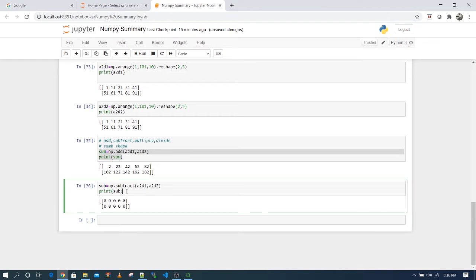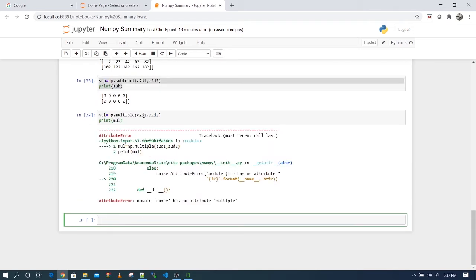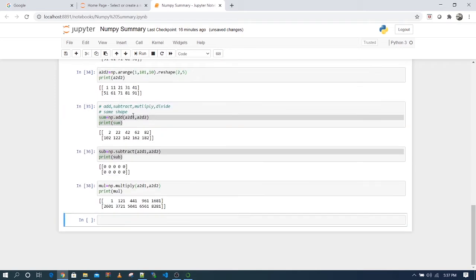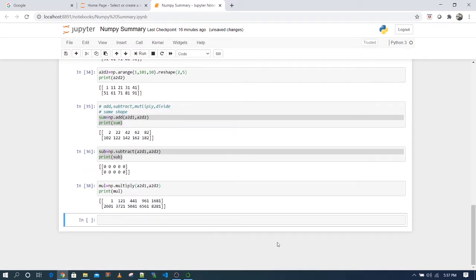If you want to multiply element-wise, you can multiply these matrices as well. Each element will be multiplied by its corresponding element of the other matrix. Multiply, not mul. So I have multiplied these two matrices, like 11 squared, 21 squared, 31 squared.